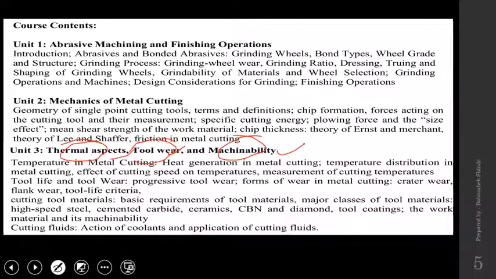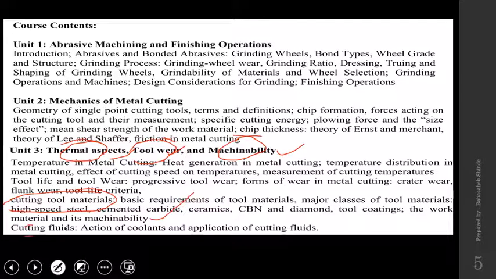The next one, we'll talk about the cutting tool material. What are the different cutting tool materials available out there and for which application or for which material, means if you are machining cast iron, which tool should be used? When you are machining steel, which tools should be used? Or when you are machining copper or brass, which tool should be used? That compatibility we need to see, and that you will come to know when you study this cutting tool materials.